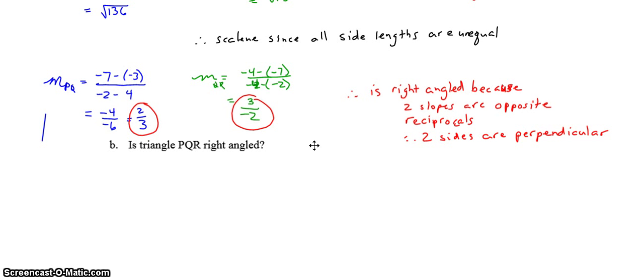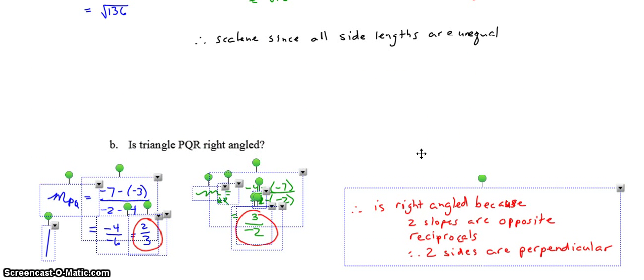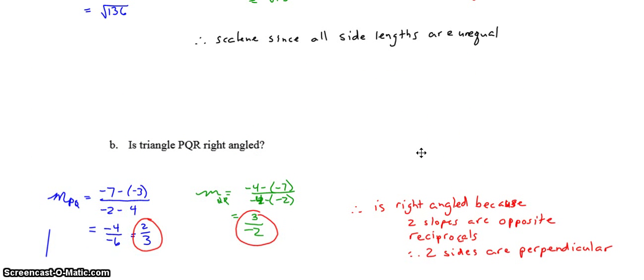Okay, so that is Unit 1. And like I said, all this work should actually go down here. That's Unit 1. It's mostly about slope, length, and midpoint and verifying geometric properties. You got this circle thrown in there for some reason. Anyway, if there's anything you didn't understand, ask your